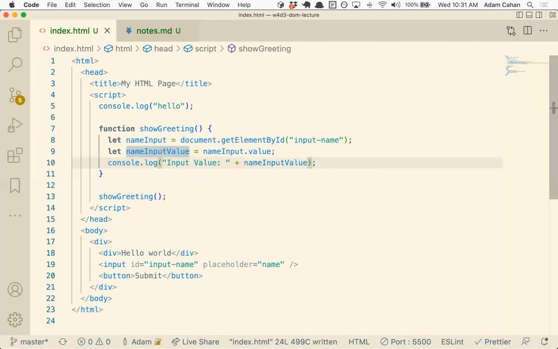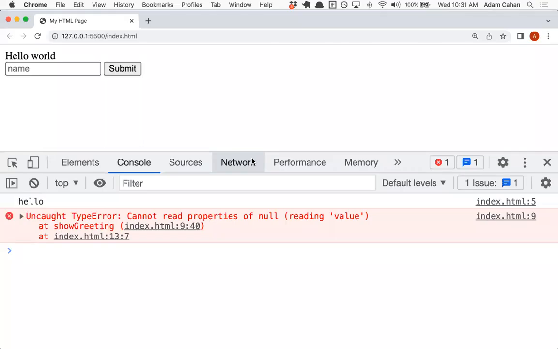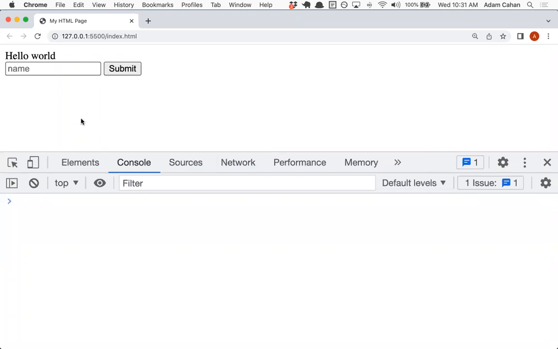Yeah, beautiful. That's awesome. And as long as we're doing this, when we go to the browser and the browser fetches this page and reads through the HTML and runs all this, when this show greeting function runs, what are we going to see in the console? Whatever was typed into that bar. In input value, in theory, yes. And that's the goal of this. And it's not quite a trick question, but it's a little bit of a leading question,